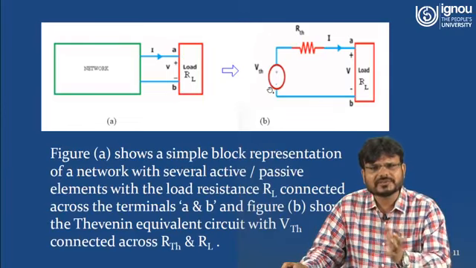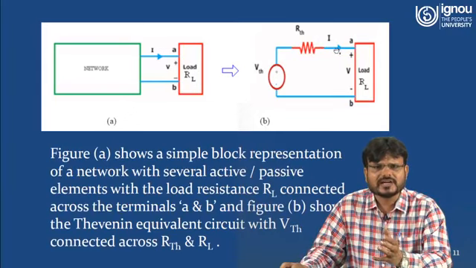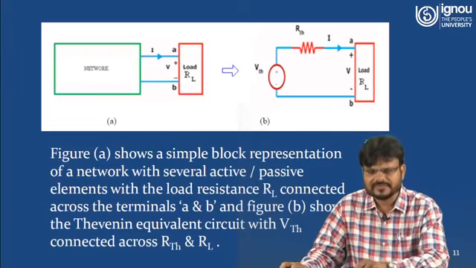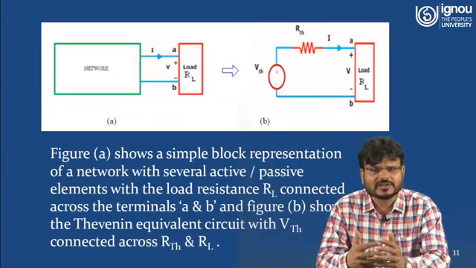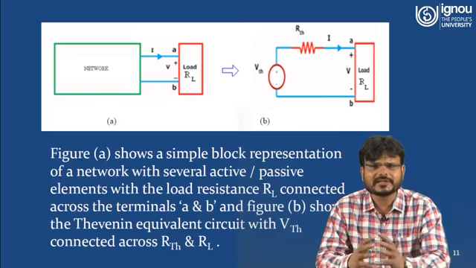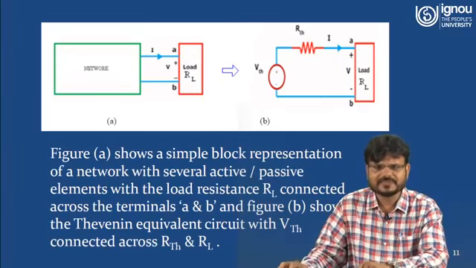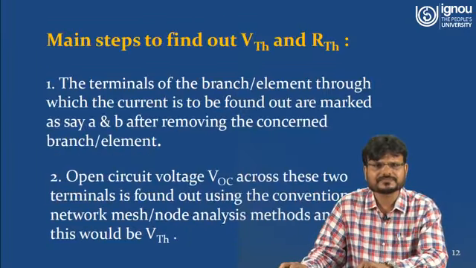And what about the Thevenin resistance you are calculating? You just put it in series with the Thevenin voltage, and then you put the load resistance here. So how can you calculate this current? I is equal to what? VTH upon RTH plus RL. So what is the Thevenin voltage? Thevenin voltage is the open circuit voltage across two terminals, and Thevenin resistance is the equivalent resistance looking from two terminals into a network while all independent energy sources are replaced by their internal resistance.